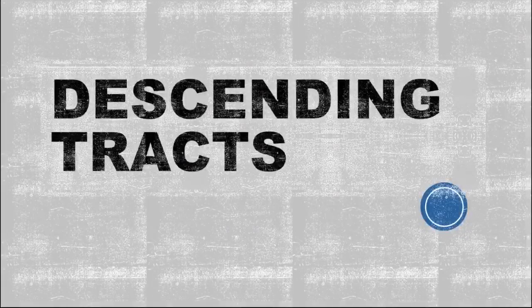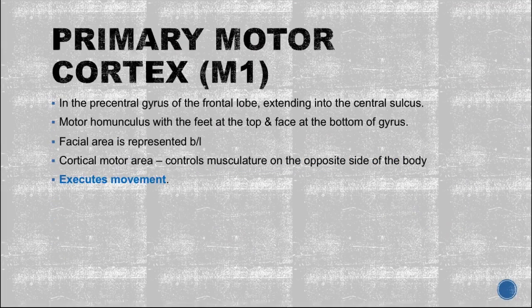Okay, in the descending tracks, we have covered the motor cortex and premotor cortex, and among the premotor areas there were the supplementary motor area and the premotor area itself. So the primary motor cortex is also known as M1. It is present in the precentral gyrus of the frontal lobe, extending into the central sulcus, and there is a point by point representation of the entire body, called the motor homunculus, with the feet at the top and the face at the bottom of the gyrus, and the facial area is